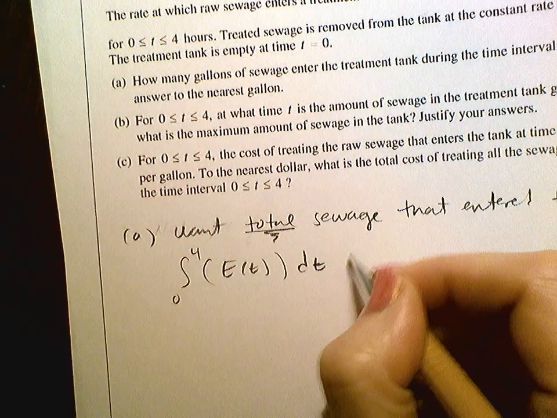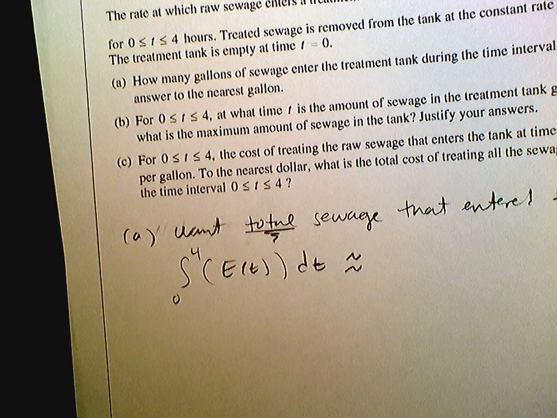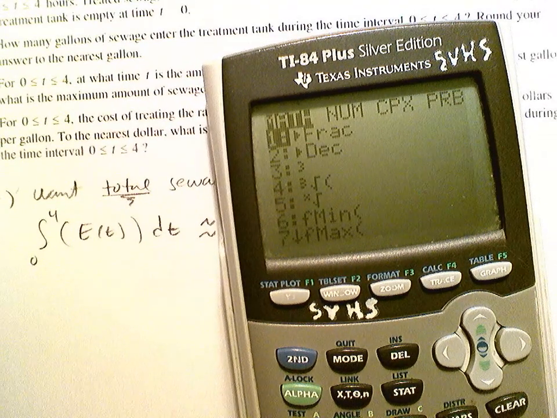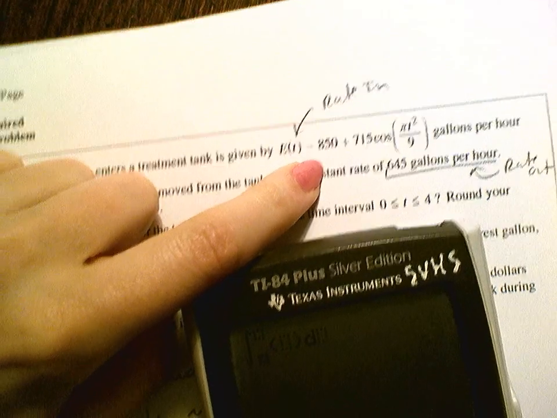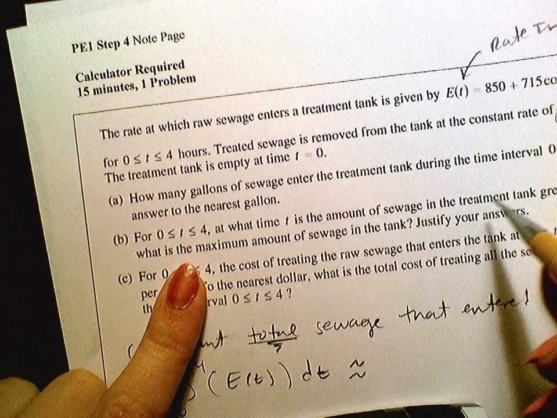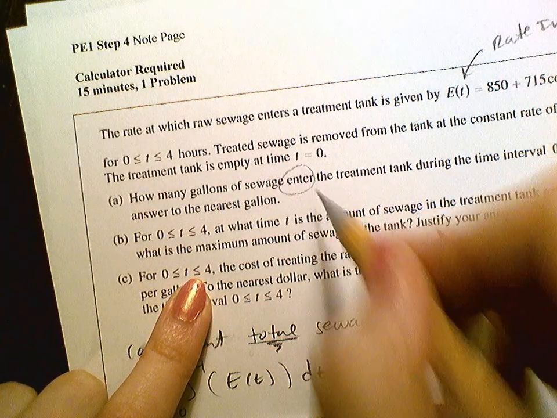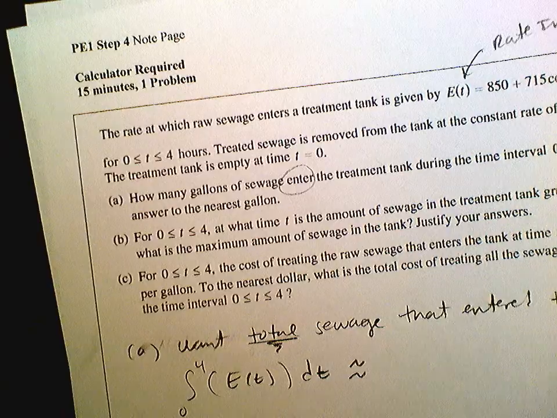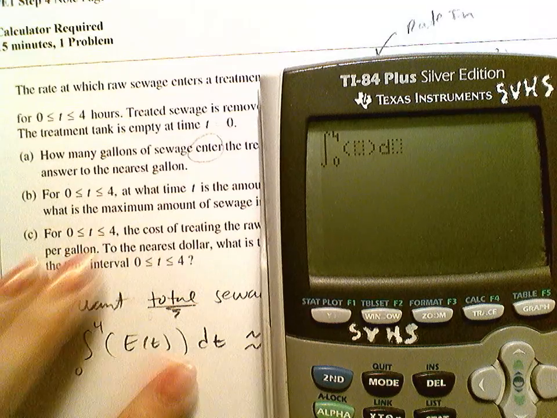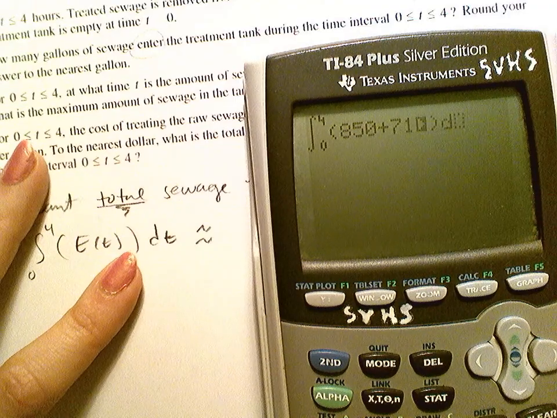Alrighty, and then we're just going to plug that into our calculator. So I'm going to go to my calculator. It needs to be in radians. And then I go math 9. And then it's this rate. They want how many gallons of sewage enter the treatment tank? So we don't care about the rate out. We only care about the rate in for this one. So it's from 0 to 4, and then 850 plus 715